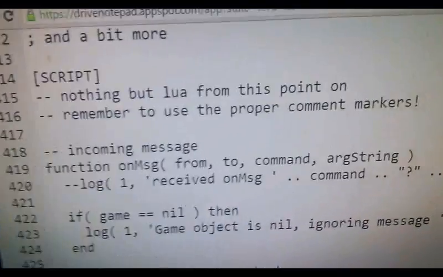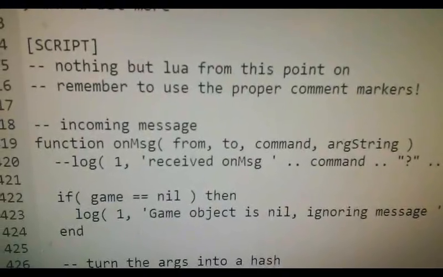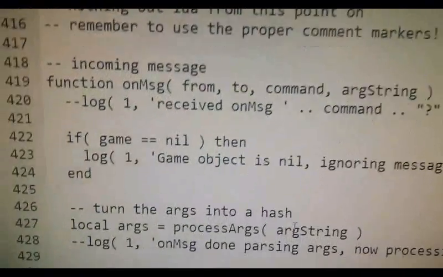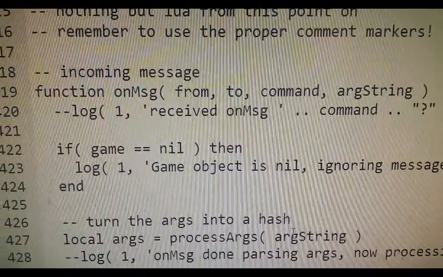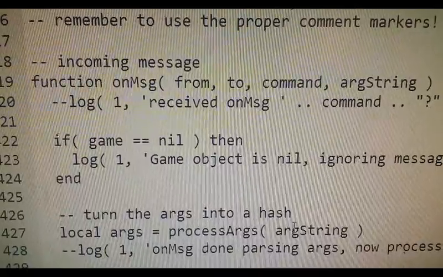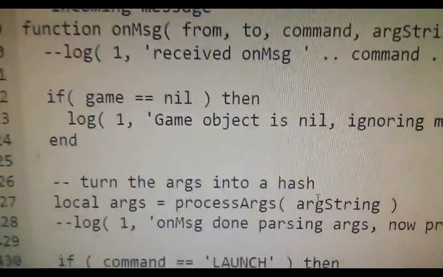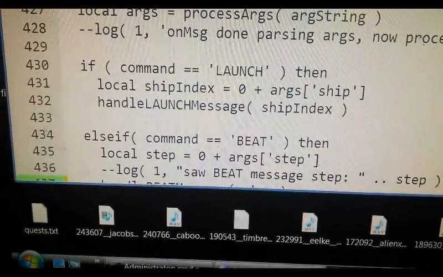This is actual scripting from a star map, so you can see we have the script tag at the very end, after which it's all Lua. The primary function that we provide in our Lua is this onMessage function. That's how the game tells the script that something interesting just happened. So this checks for several commands. One is the launch message,